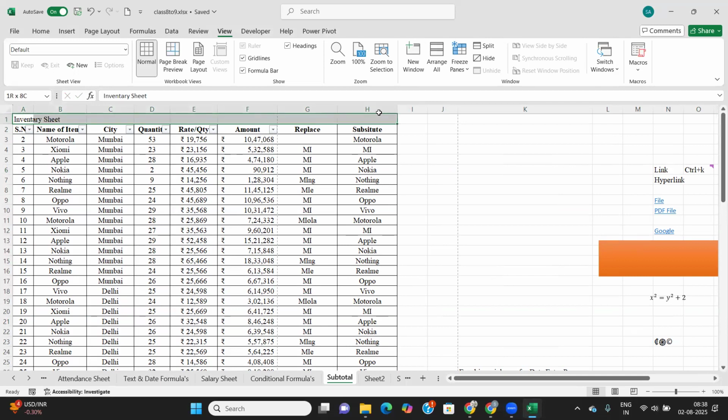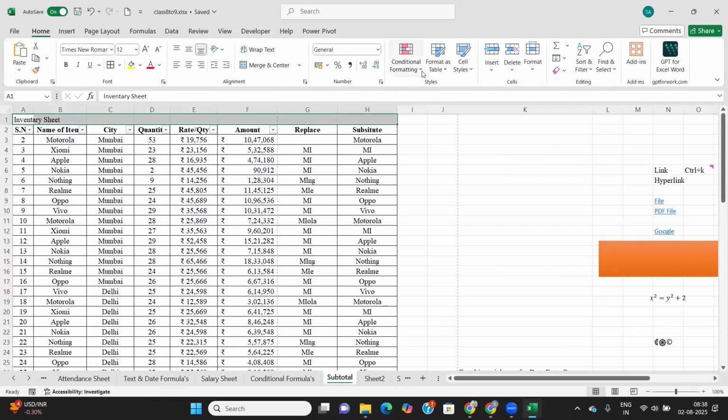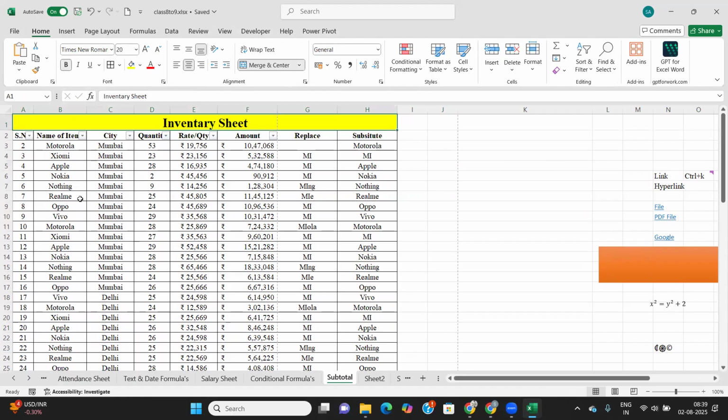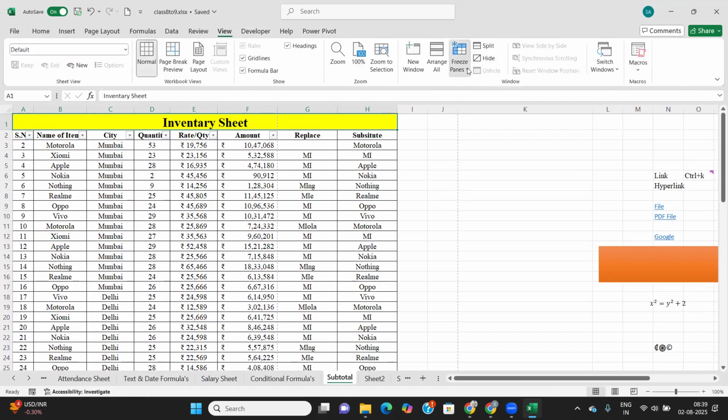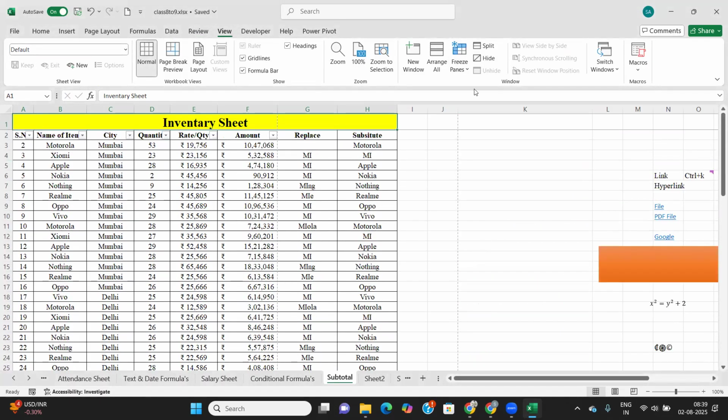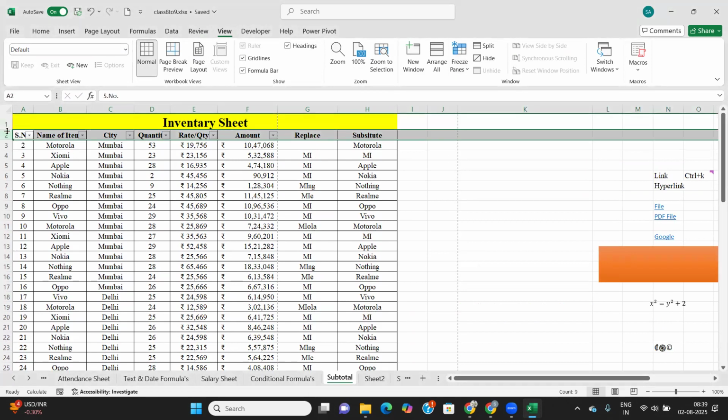Then I want to freeze the panes of two rows. Here we have the option of only a single row. Here we click on freeze top row, and what will happen? Only the first row will be frozen, not both rows. How can we freeze both rows? If I want to freeze both these rows,